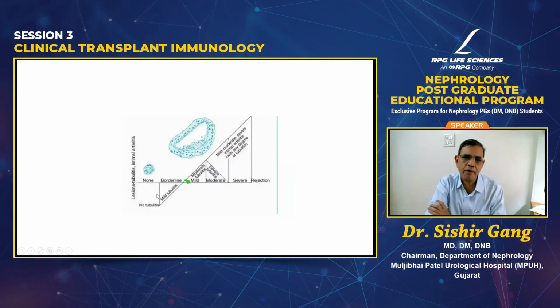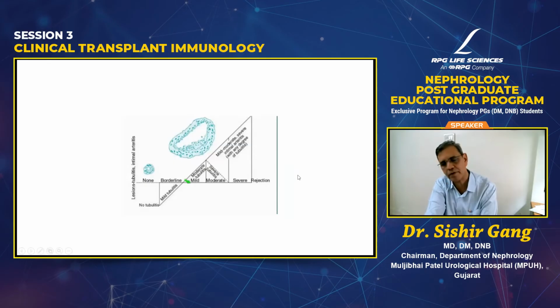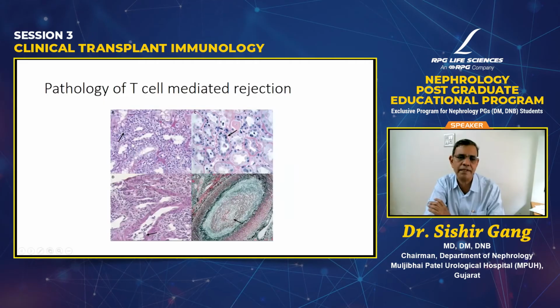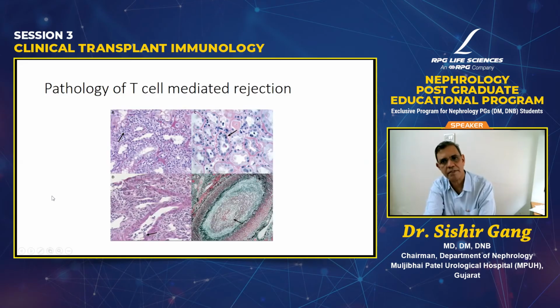So as I said, depending upon the degree of response, you can get a borderline, a very mild tubulitis, some moderate tubulitis, and severe tubulitis, and you can get incomplete rejection. Untreated, the graft will undergo thrombosis and would be rejected. These are just examples showing the interstitial cells which you see here, and this is a cell within the tubular cell known as tubulitis. That is the definition of tubulitis, the cell within it. Of course, these are chronic changes in a very persistent rejection. These are acute changes where you see the T cells rolling over the endothelium. And the pathologists like to call the rolling of T cells over the endothelium a sign of significant rejection.